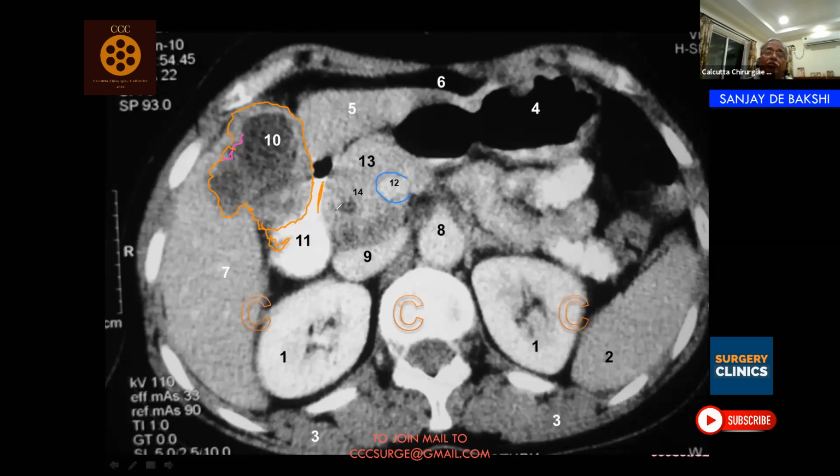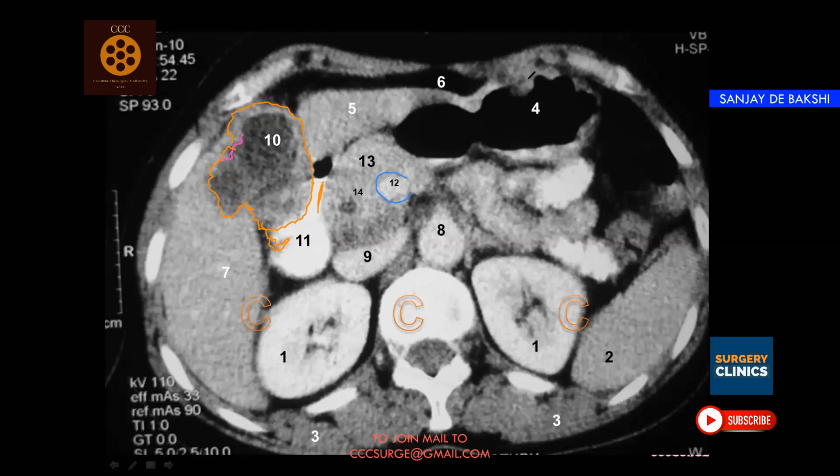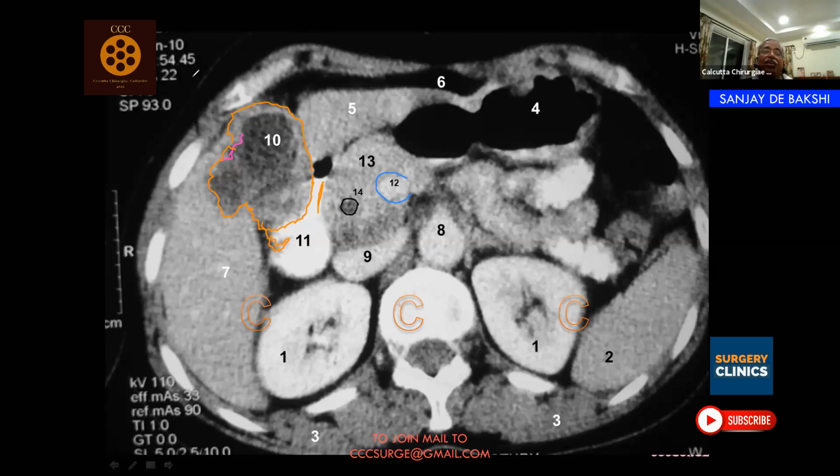What is number 14? This black structure out here. Pancreatic duct. No. It's a bile duct. That patient is jaundiced, isn't it? Okay. So now